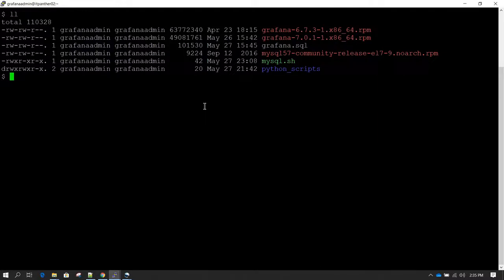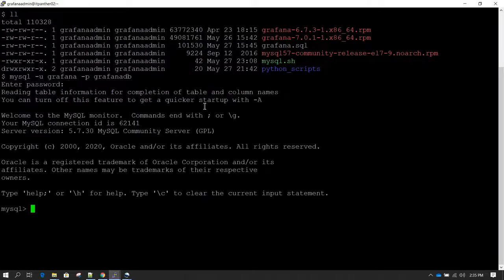Okay, so to connect to MySQL you can use the mysql command and then space -u. You need to provide the username here. In this case the username which I have is grafana, and then you need to type -p, and then you can provide the name of the database. So in this case our database is grafanadb. Hit enter, and then it is going to ask for the password. So give the password which you have, and then you are going to be connected to